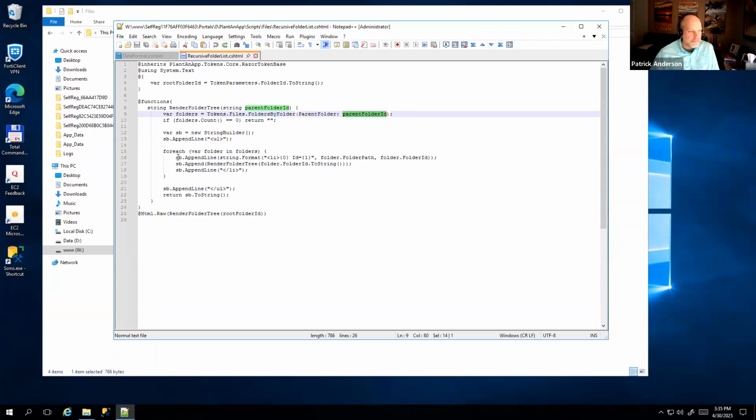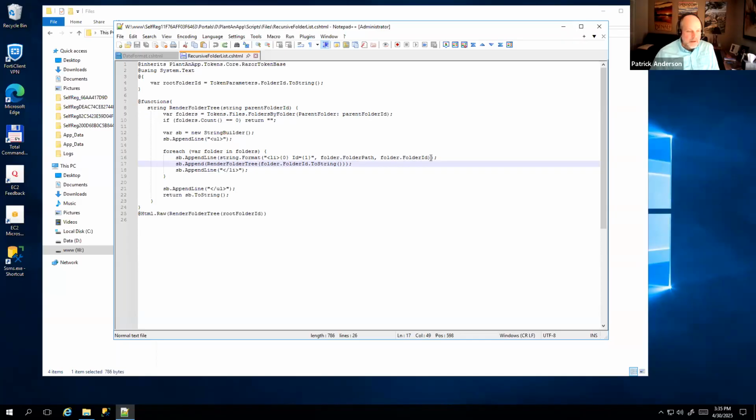And once again using the string builder append line, string.format, and so we established an unordered list here, and here are our list elements, and we're passing in the index here of folder path and folder ID, and so our string is going to be a list item, and we're going to have the folder path, and then we'll have ID equals and the